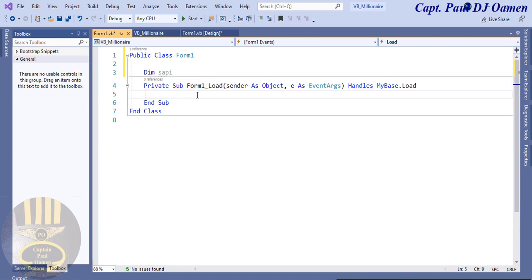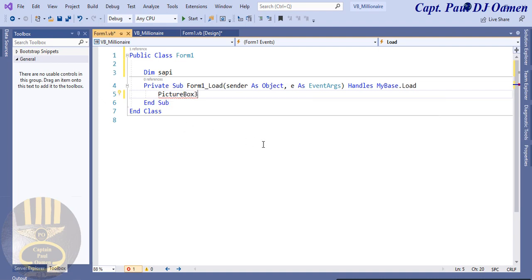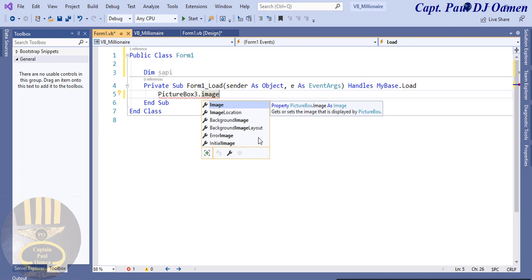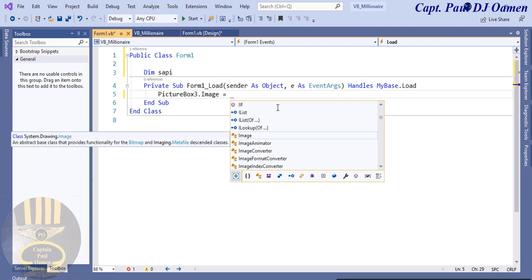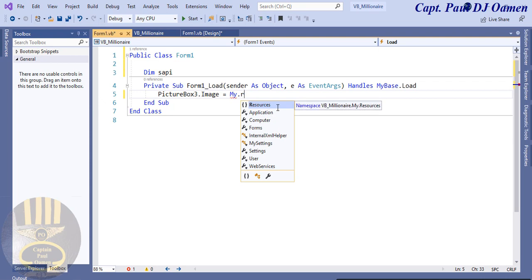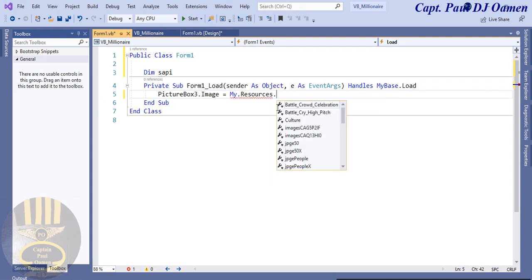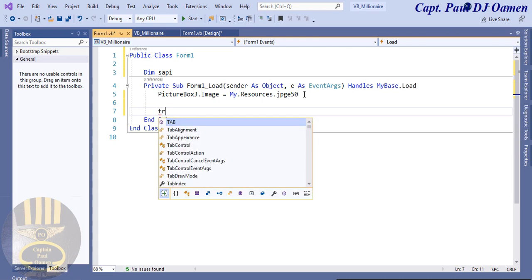Right inside the form load, the first thing we want to do is get all of our picture boxes. I'm going to get picture box 3 dot image, although the image is already on it, but that's okay. I'm just going to say equals My.Resources, just in case there's any error, dot, that is supposed to be 50/50. There we go. That's the very first image,